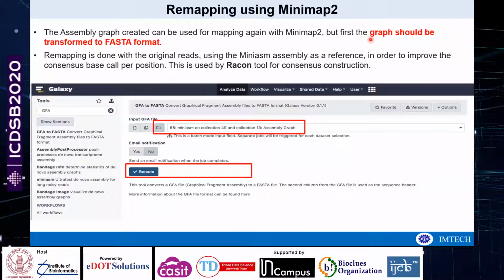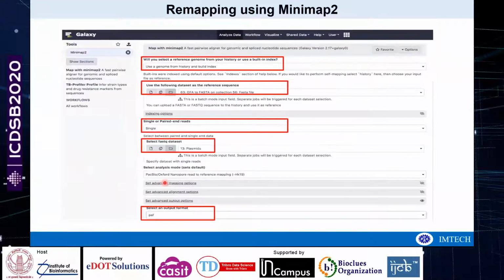But first the graph should be transformed to FASTA format, because till now we have the data in assembly graph format. So for consensus assembly, we need to convert it into FASTA format. For this, we give the assembly graph generated by miniasm as input, and we execute this for the further analysis.